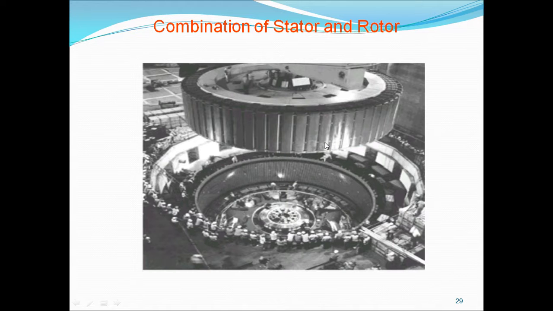Which type of brushes are used? They are made with copper. The brushes are placed on the slip rings. The brushes are the stationary part, and they are kept in the brush holders. The shaft contains bearings. The shaft is made with cast steel and it is attached between two bearings. If it is attached with two bearings, then only it can rotate freely.